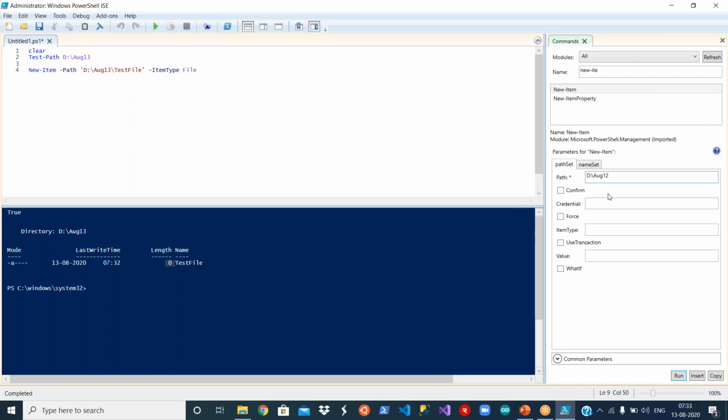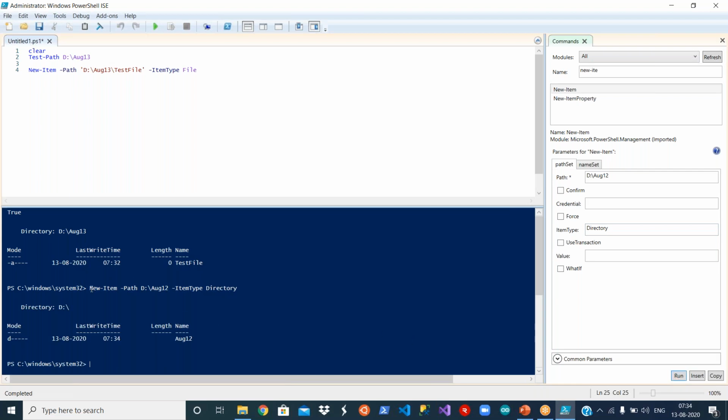You don't need to use these credentials, etc. because I'm not setting anything. Now simply say item type here. Let us say what is this? Folder, directory. Even if you don't know, that is okay because it will give you an error. Okay, let's run this.